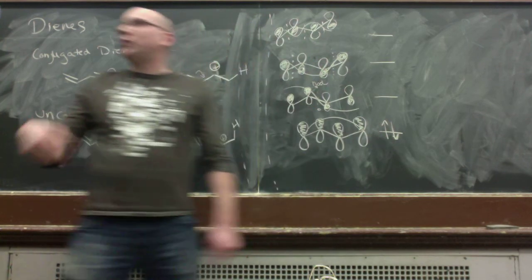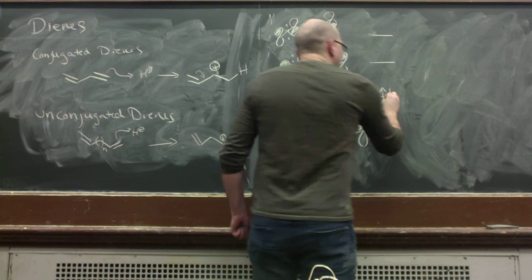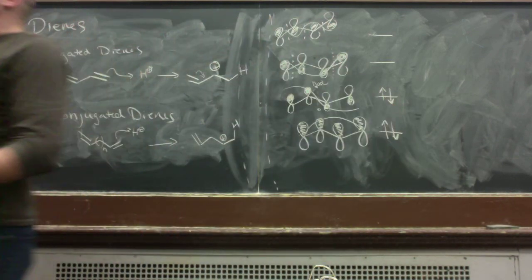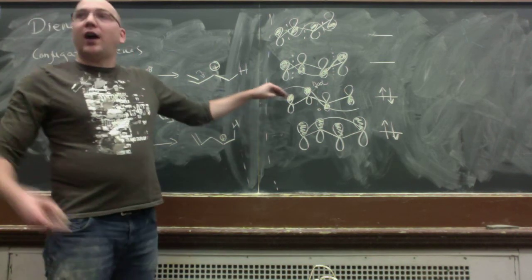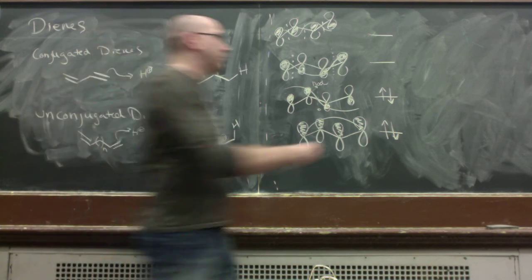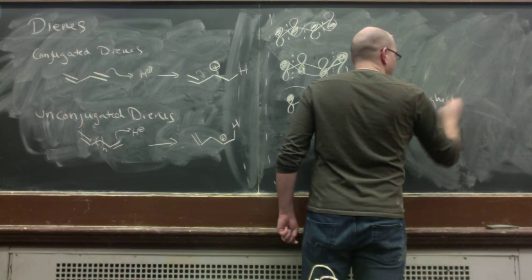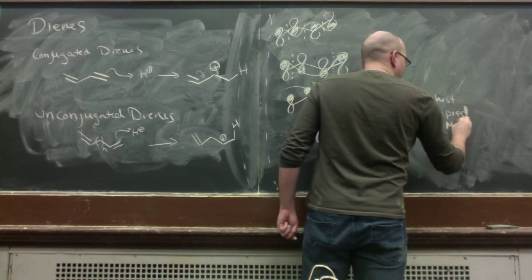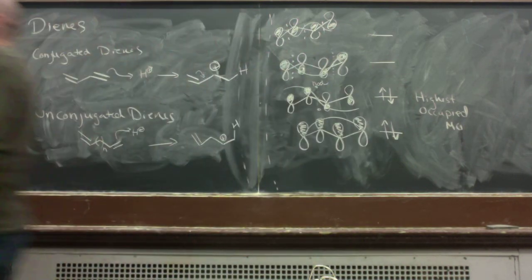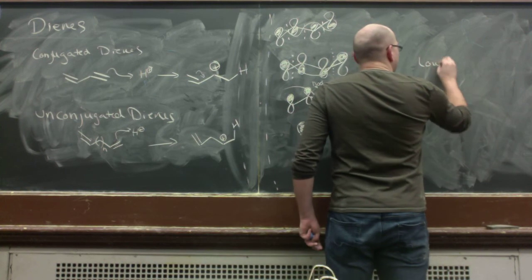So two electrons will go into the lowest orbital. The next two will go in here. And the fact of the matter is that's all we have. We've got 4 electrons in the system, and so at this point we're done, right? And so this becomes our highest occupied molecular orbital. That becomes our highest occupied molecular orbital, right? And this one up here becomes our lowest